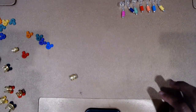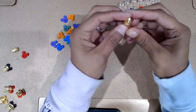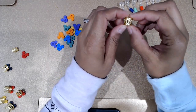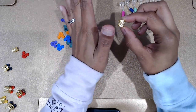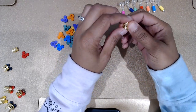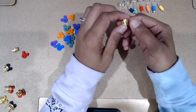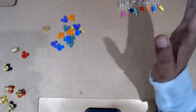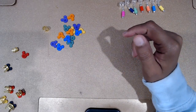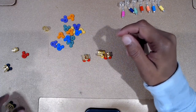Alright, you guys. So we are here with the buttons. And to be honest, I was just going to take some thread and like sew them on. But actually, once I started doing it, I said, nope, not going to go this route because it was so time consuming. To me, it just wasn't worth that amount of time. But then again, I'm not a person who is very good at sewing, so maybe that was also a problem. But anywho, okay, so what I did was I went on ahead